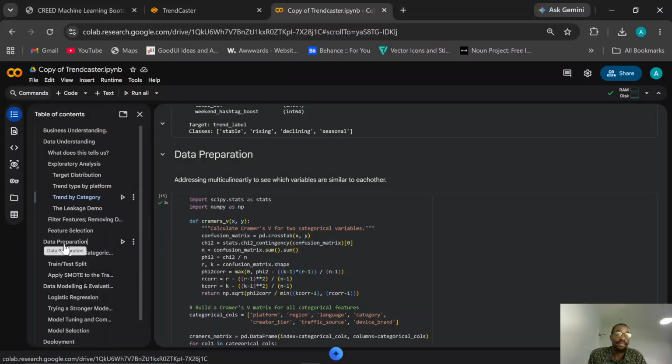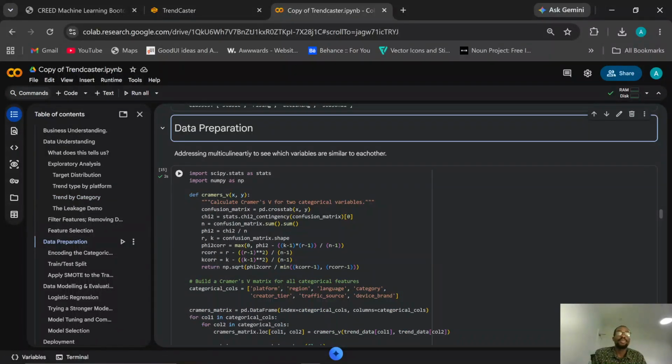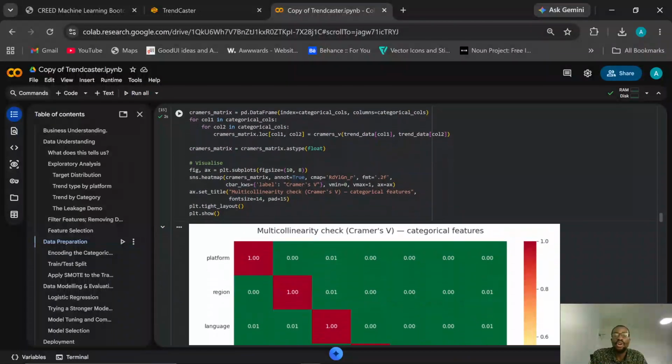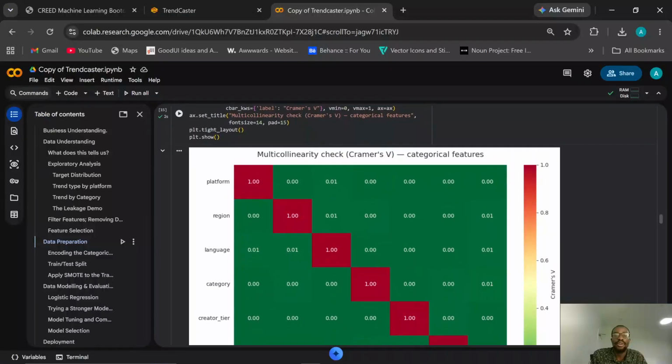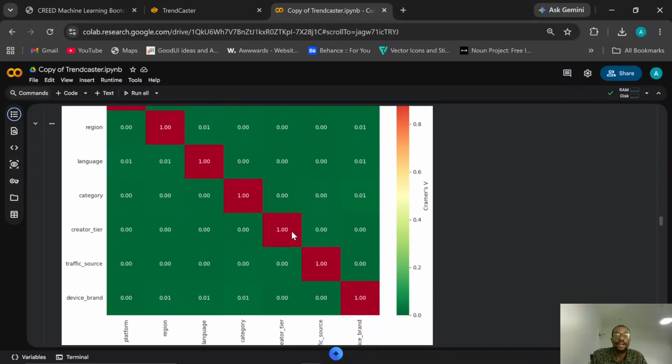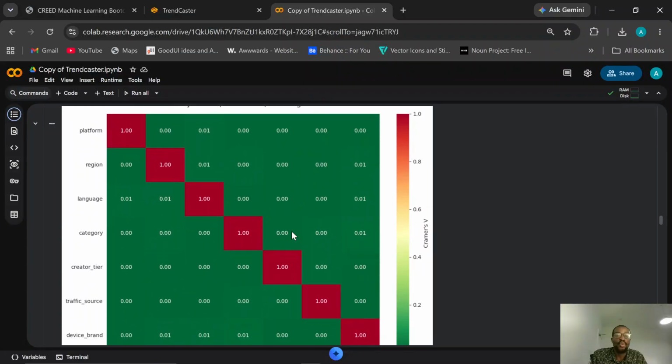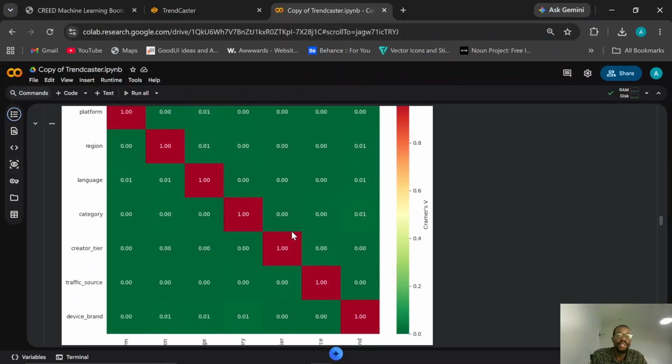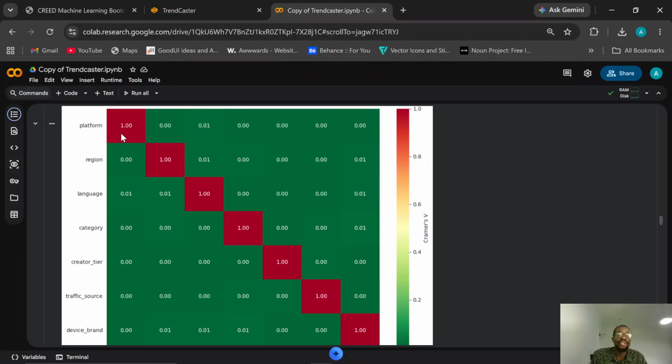Someone say data preparation. So data preparation is the third step in the methodology that we used. I did something here called the correlation matrix, because we have 9 features left. We need to know if they relate to each other. This diagonal is completely normal.